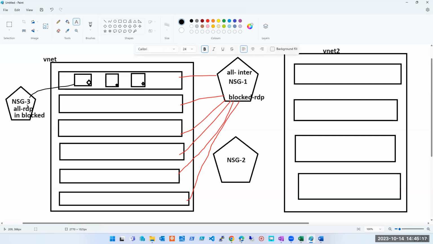इसको पता भी नहीं चलेगा कि कोई RDP try कर भी रहा है. Why? Because it is blocked here itself. At this level, it has been blocked and sent back. You don't even come to know that there was some RDP request for your machine. Got it, guys?